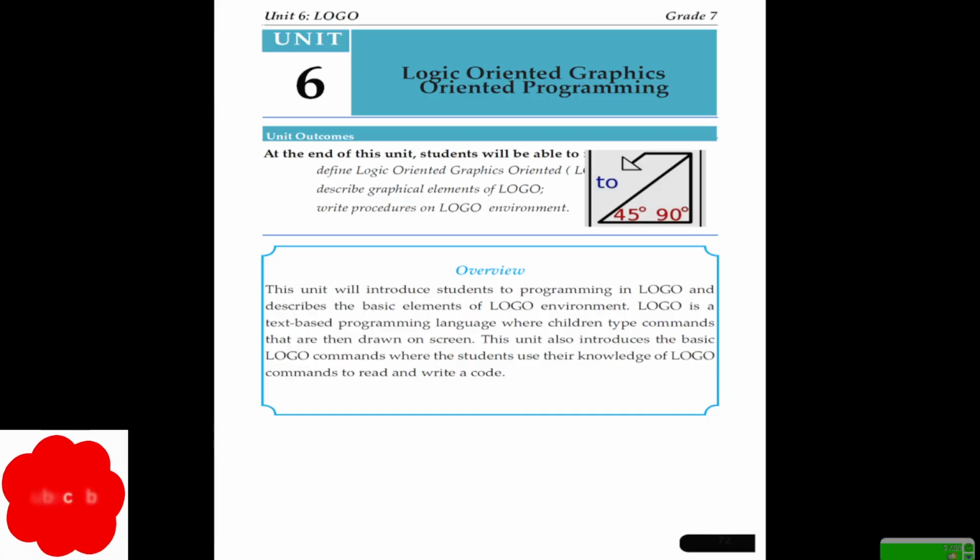At the end of this unit, the students will be able to define logic-oriented, graphics-oriented, in short Logo, describe the graphical elements of Logo, and write procedures in the Logo environment to make them familiar with this programming language as a start. It is not so difficult. That's why it is a beginner programming language for students.